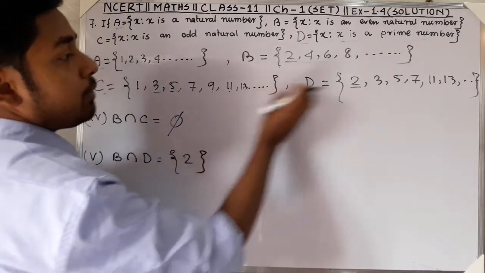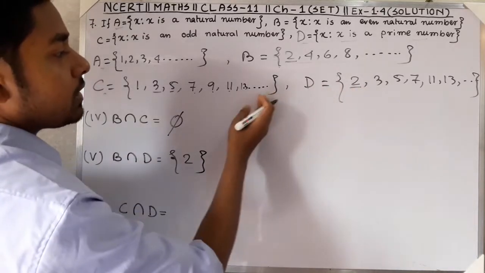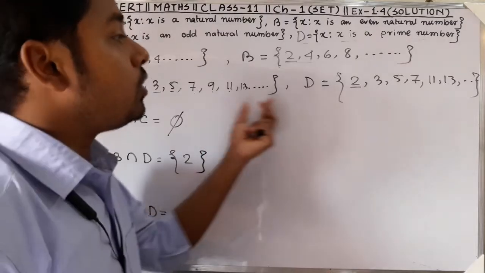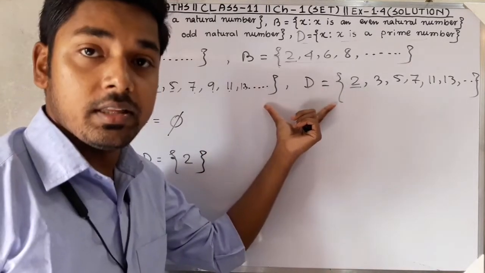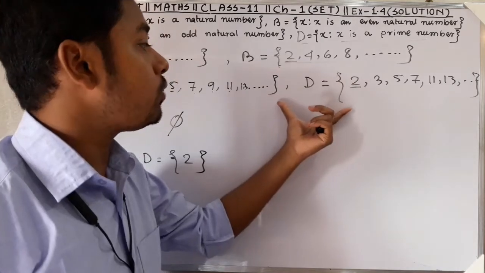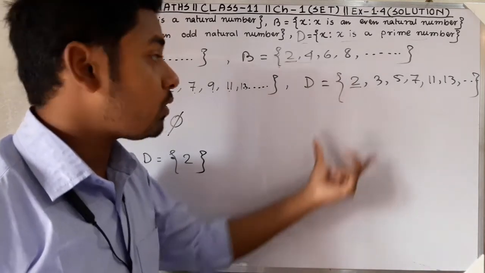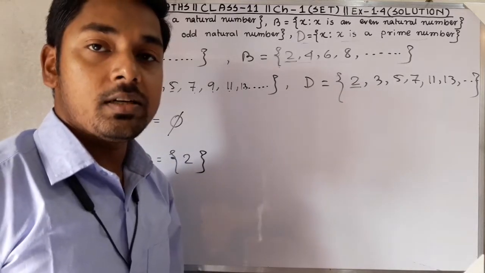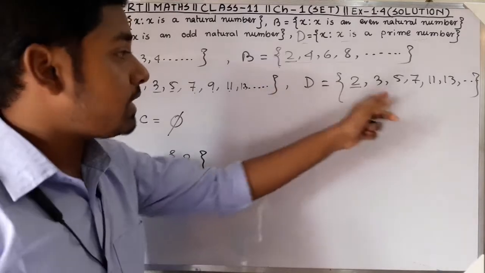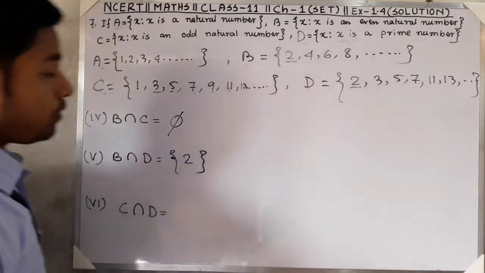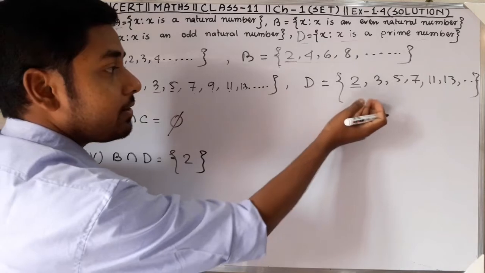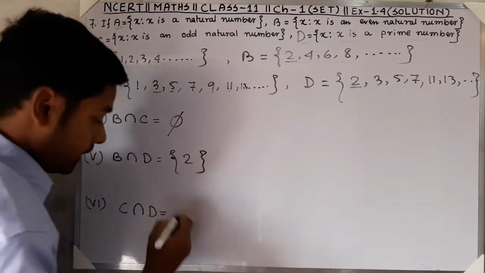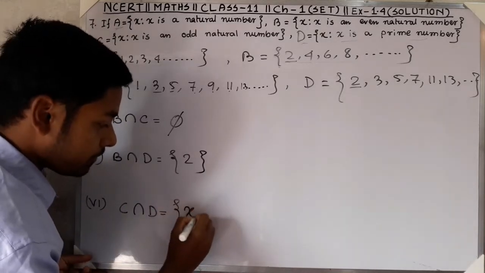That means some of the elements are common and some are not, and there is no sequence that we can find out to identify the common elements. यहाँ पे कोई सीक्वेंस भी ऐसा नहीं है कि आइडेंटिफाई कर सके कि ये सीक्वेंस से ये एलिमेंट्स हमको मिलेगा, कॉमन एलिमेंट्स. लेकिन कॉमन एलिमेंट्स है. Then how to find out, how to write? We can see some elements are common in both sets, but how can we write? Then in this type of question you have to write the set builder form.